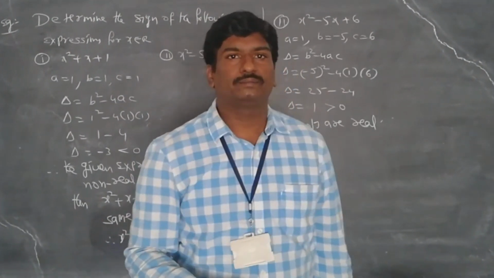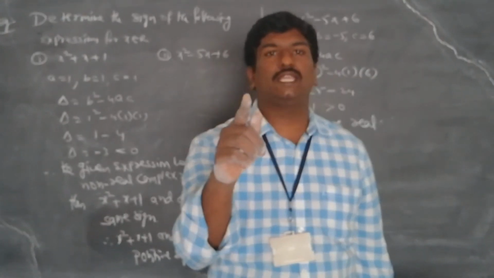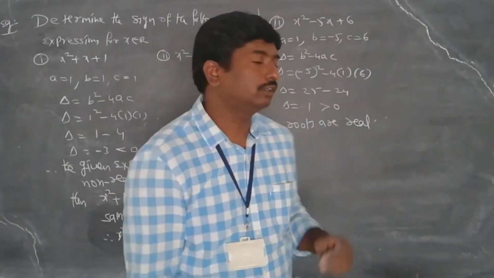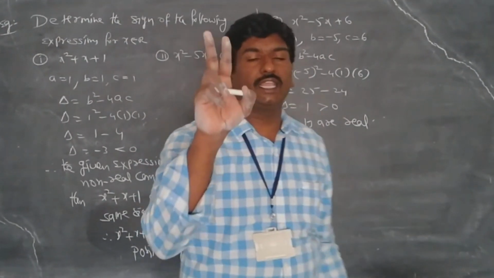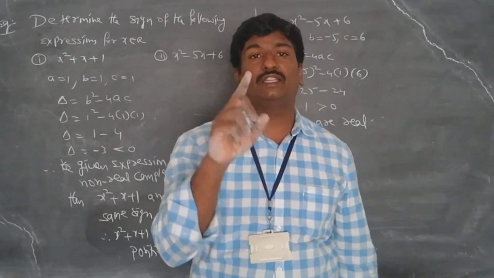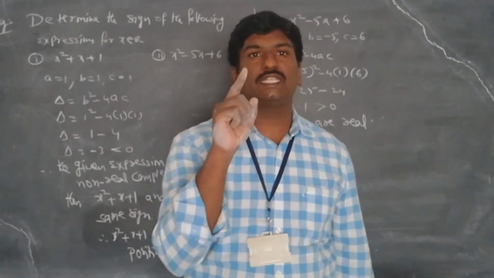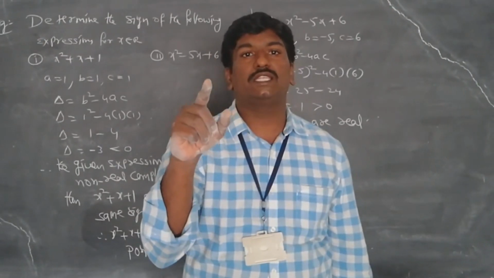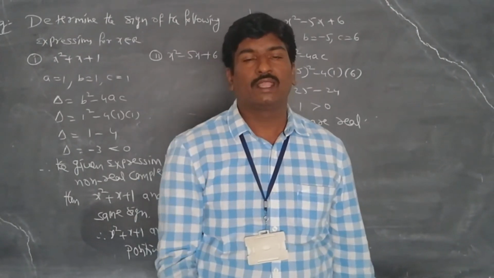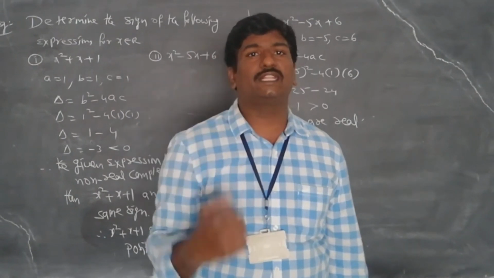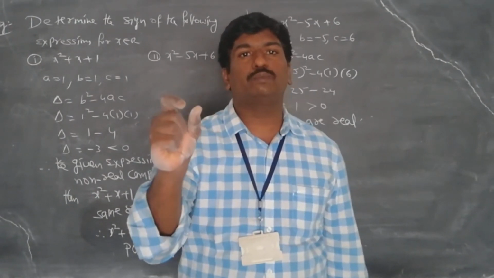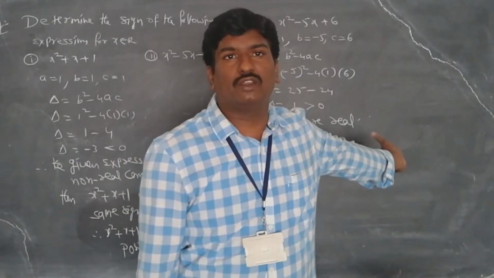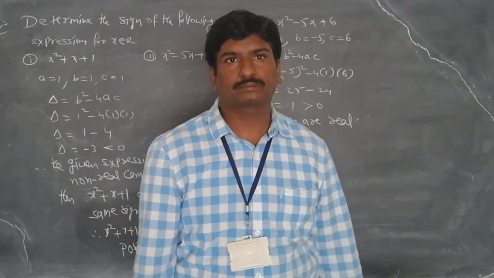Third condition: ax square plus bx plus c has real roots alpha and beta. See the third note now. There we have two conditions, with alpha less than beta. First condition, for alpha less than x less than beta, ax square plus bx plus c and a have opposite sign. And for x less than alpha or x greater than beta, ax square plus bx plus c and a have the same sign. The two conditions you have to verify now.